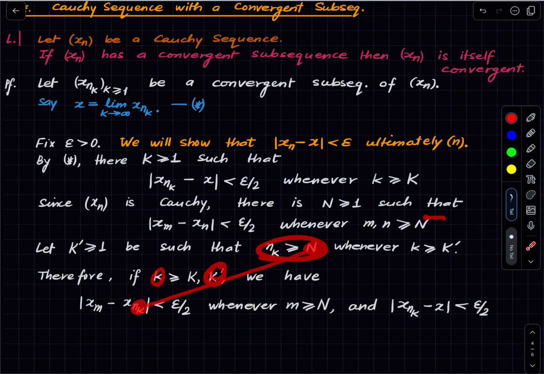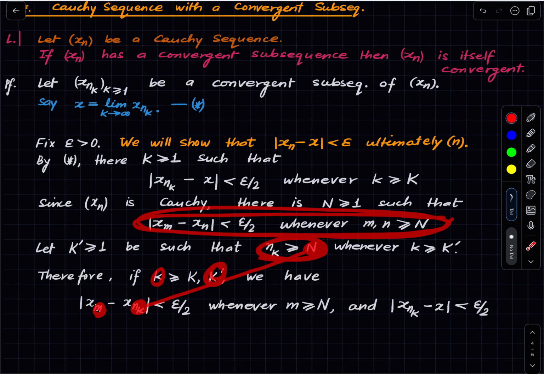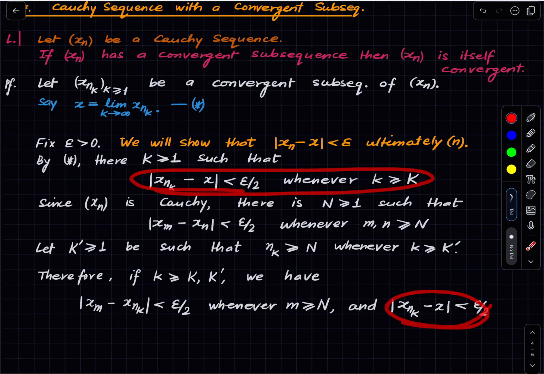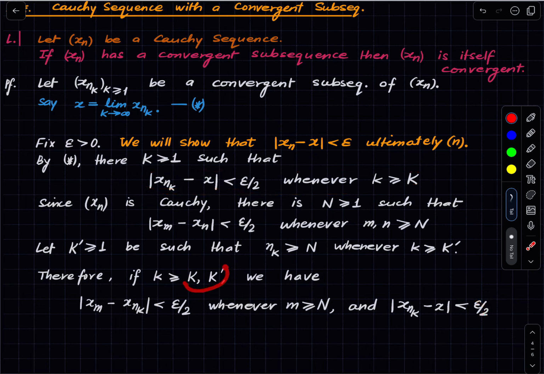Using this statement, we have little m and n_k both at least capital N, and therefore their difference in absolute value is at most epsilon by 2. And the other statement is automatically true because if k is at least capital K, then that's exactly what we've written here. So when k is at least the maximum of these two integers, this statement happens, and therefore